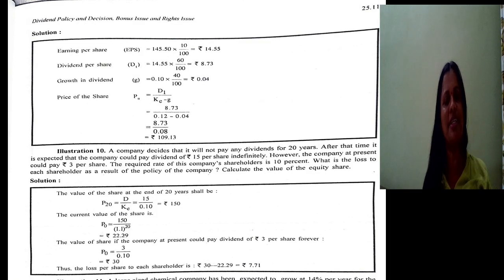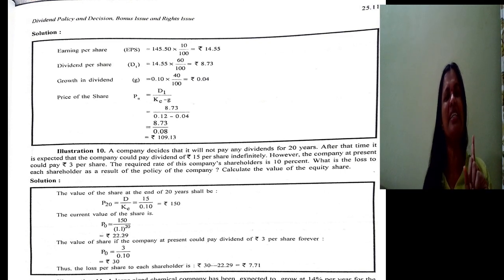They have not mentioned anywhere about the growth rate, I feel. So nowhere is it there. That information is missing in the problem. Try to understand that the information is not there in the problem, but we can calculate the growth rate. How can we calculate the growth rate? We can calculate the growth rate by multiplying the rate of return with what?